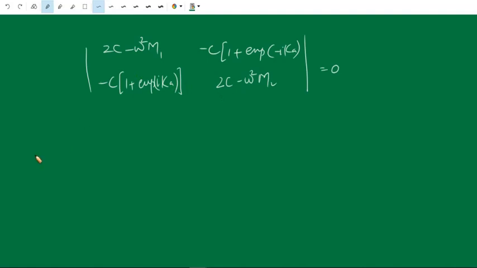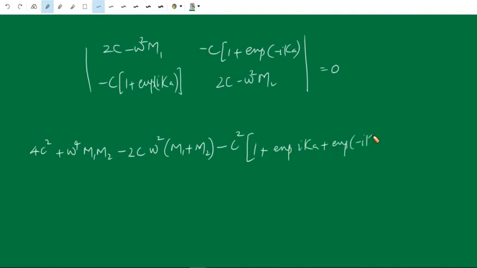Solving this determinant we get 4c square, and rearranging the coefficients, m1 m2 omega raised to 4